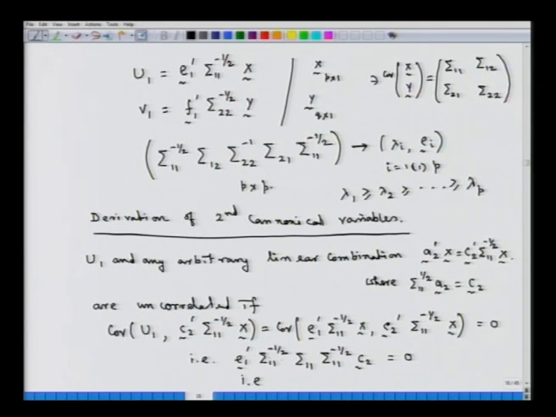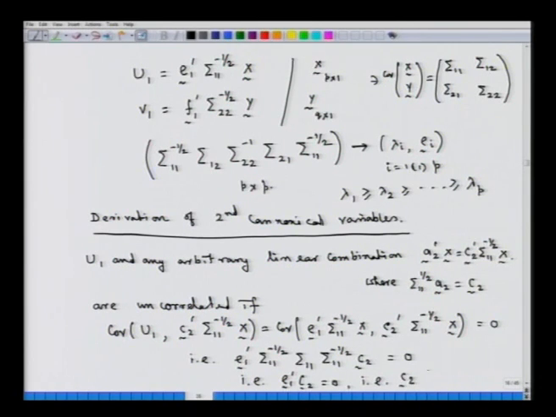That is, these terms sigma 1 1 to the power minus half, sigma 1 1, sigma 1 1 to the power minus half will make this an identity matrix. So, we would require this E1 prime C2 to be equal to 0,